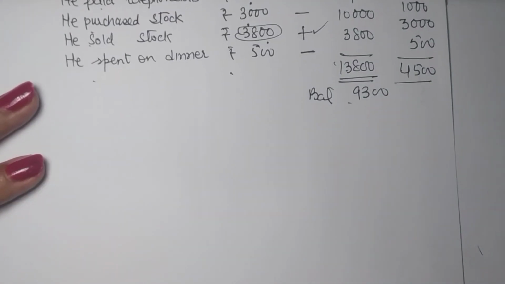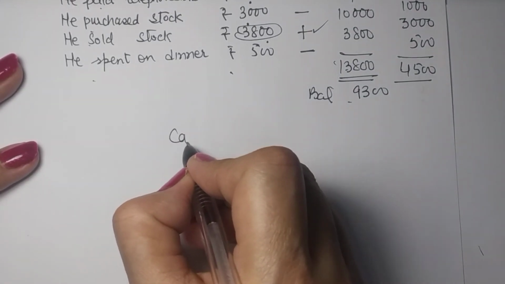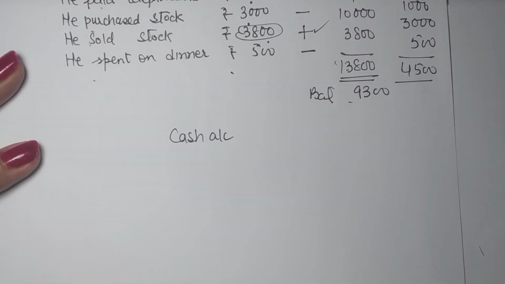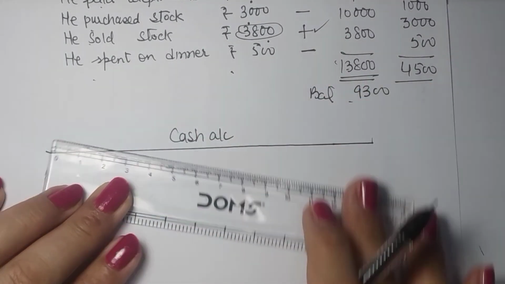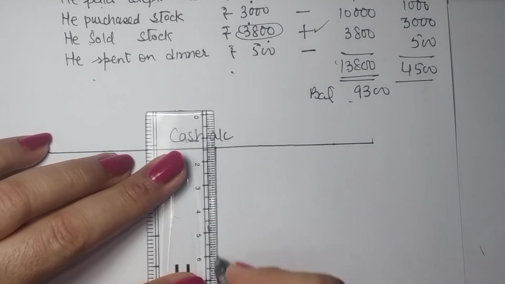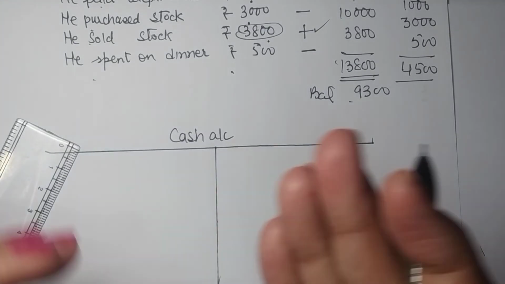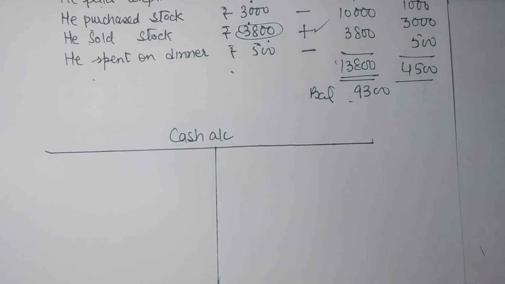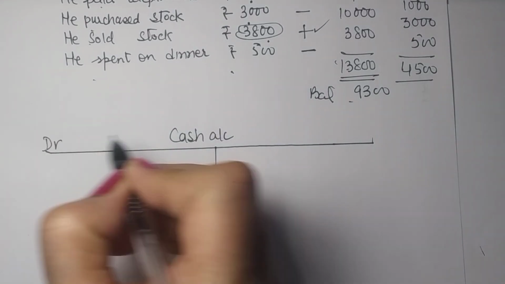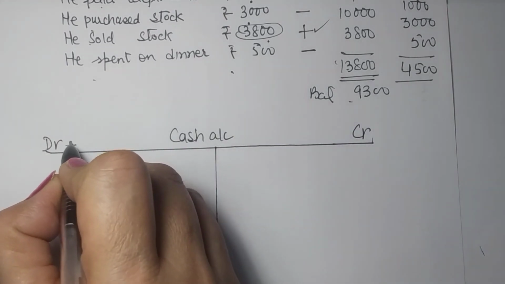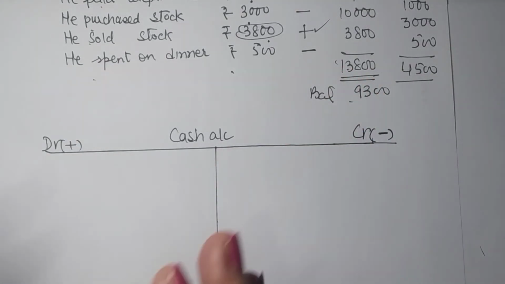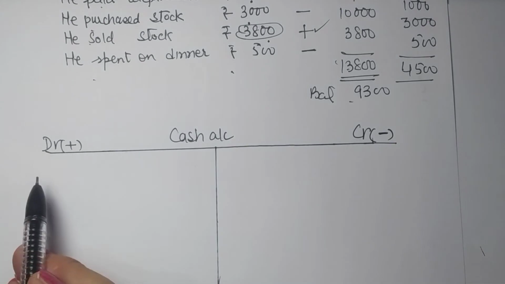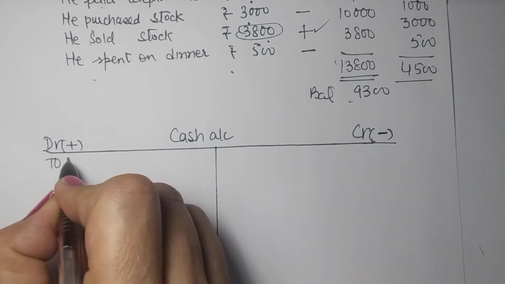So the same thing now can be presented in form of cash account. So how will we prepare it? It's a T account. So this is the basic shape. Rest all are just incidental or ancillary, additional information that we are disclosing. So a debit and a credit. Debit is positive, credit is negative. So just record it. Debits are to come here. So anything written on debit comes with the 'To'.